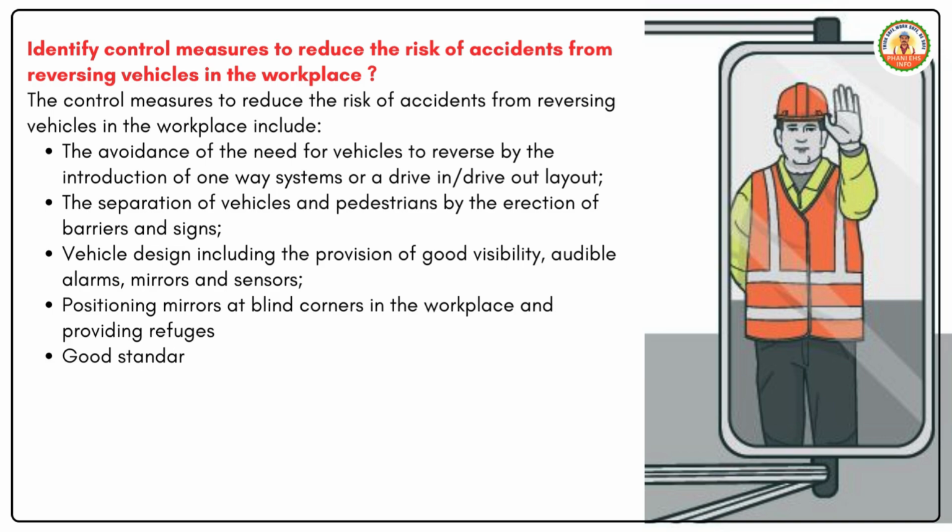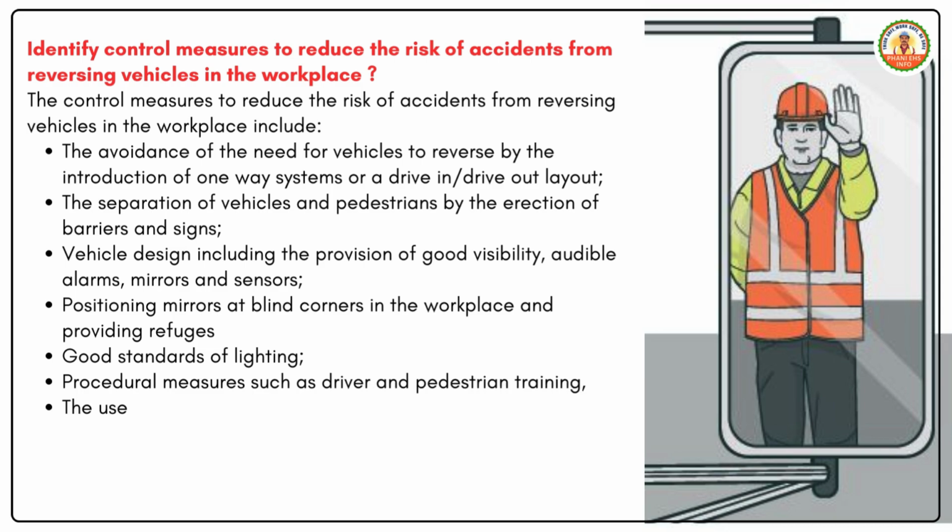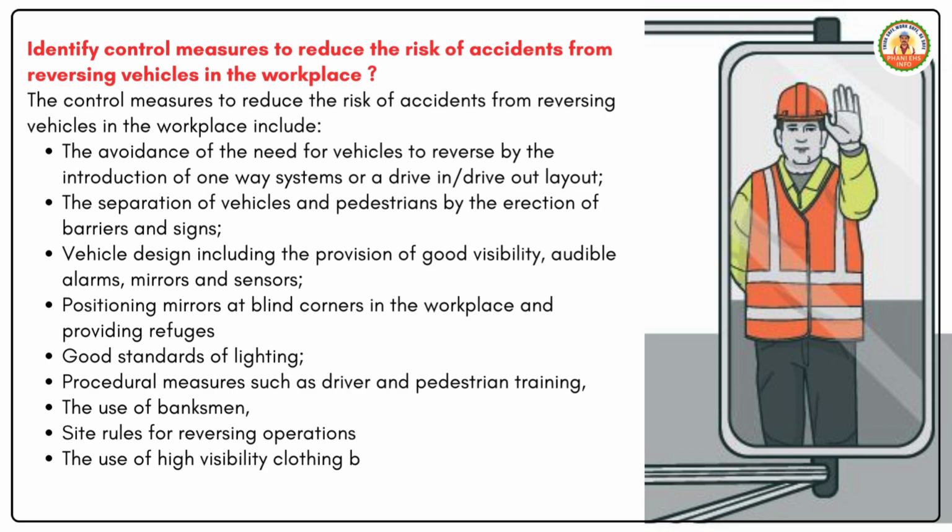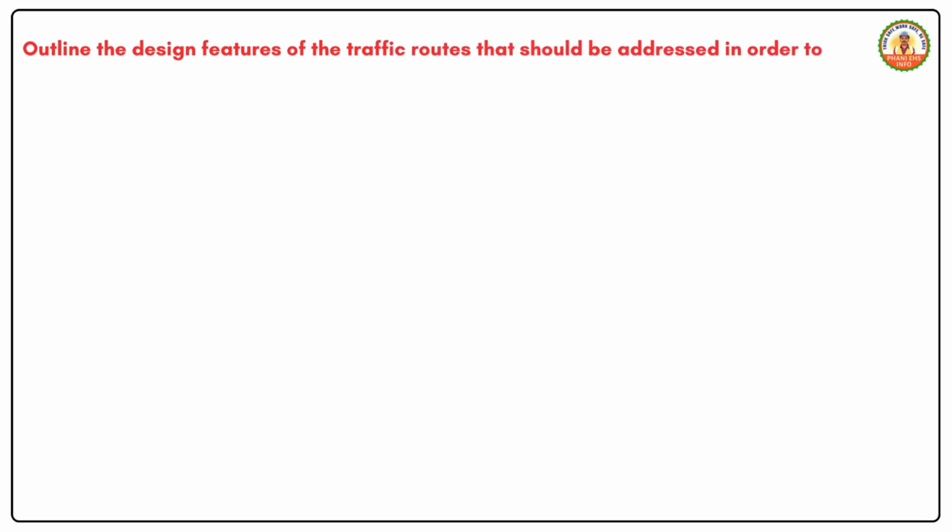Good standards of lighting. Procedural measures such as driver and pedestrian training. The use of banksmen. Site rules for reversing operations. The use of high visibility clothing by those working in areas where there is vehicle access. Outline the design features of the traffic routes that should be addressed in order to minimize the risk of forklift